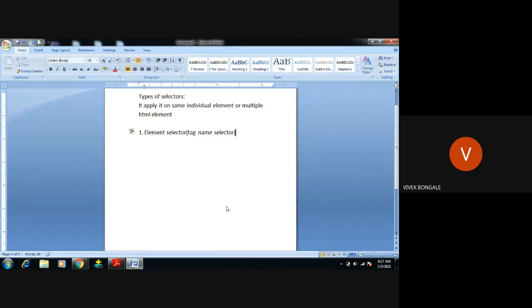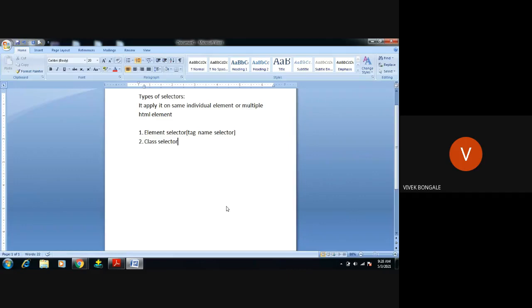We can apply the same CSS property on selectors in different ways, as you do the same CSS property on different style sheets, whether it is external or internal or inline. The same selectors we can use in many ways, in different types. The first one is element selector, right? Second one, class selector.